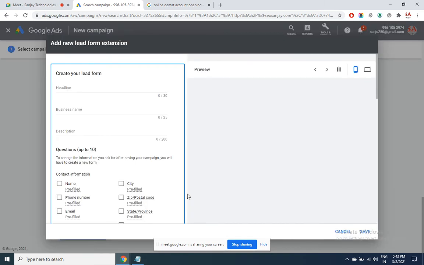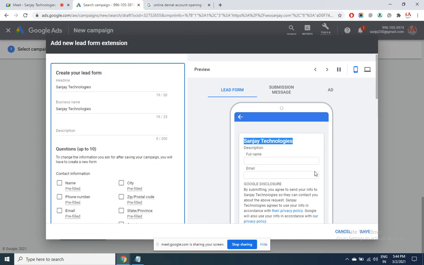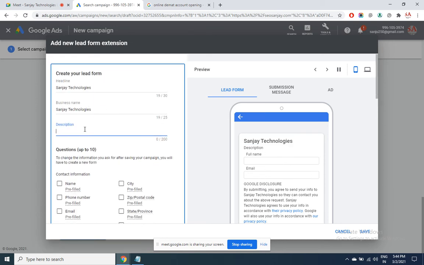New lead form. Headline. Whatever you enter in these options here, the preview can be seen on the right side. So Sanjay Technologies is shown up here. Description.